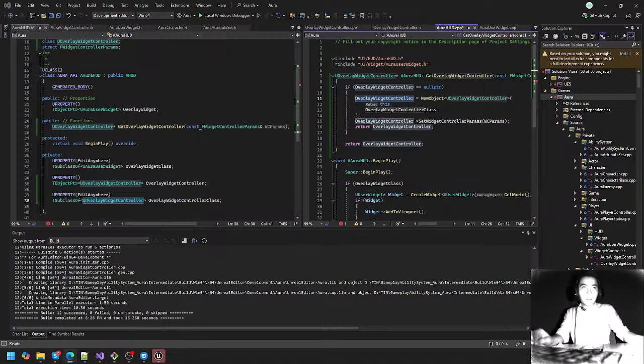So in order to get it, we have to pass in those WC params for it to have its key variable set. So now that we have that getter, we now need to construct our widget controller, but we see